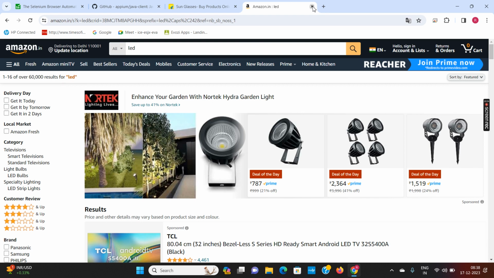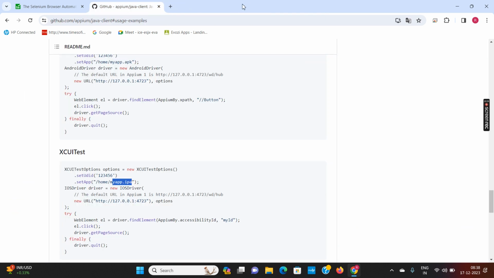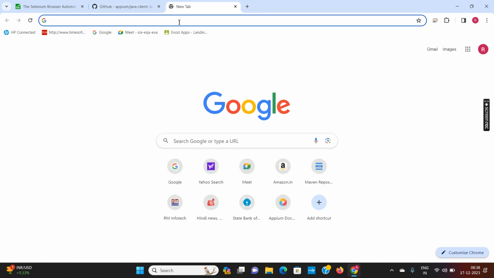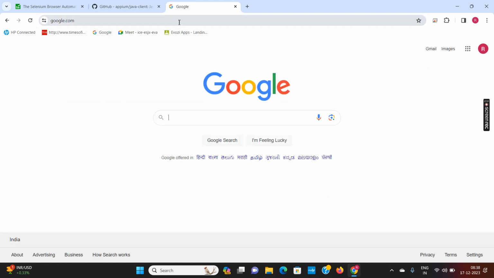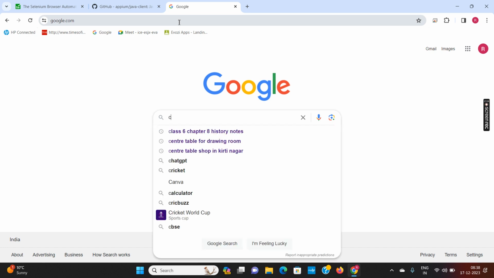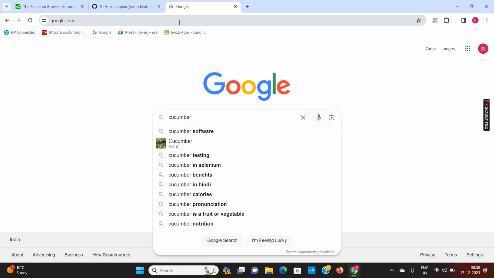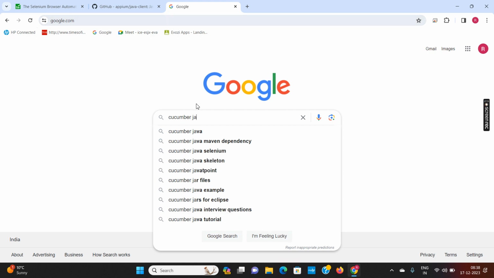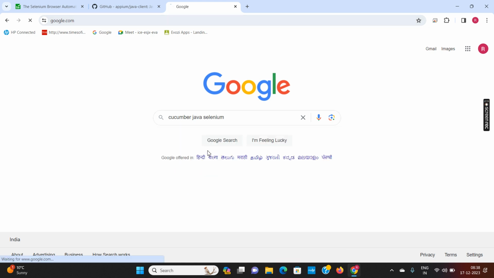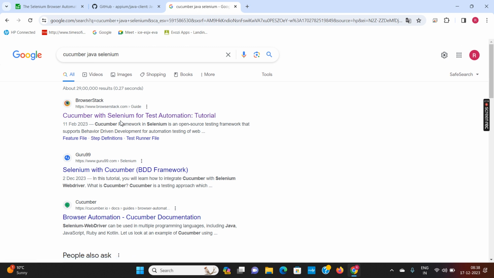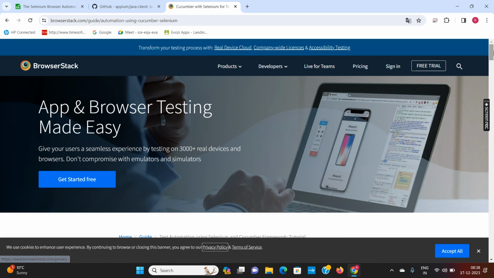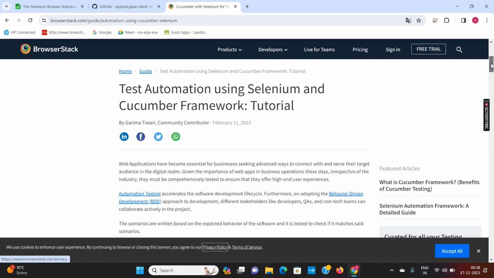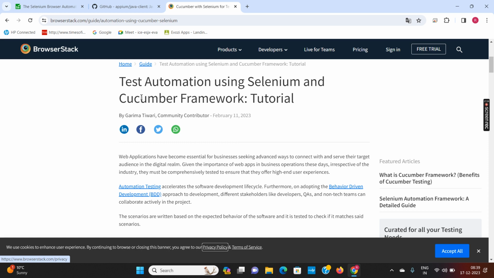So for testing frameworks, as we have already shown you, there are two testing frameworks available with us, which are TestNG and Cucumber. TestNG I've already told you. And one more thing is called Cucumber, Java, Selenium. It is the combination of Selenium with Cucumber. So it is again a testing framework which we can use with Selenium or Appium.